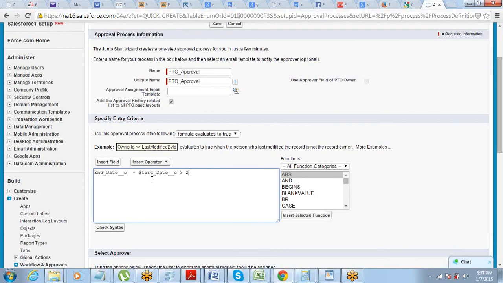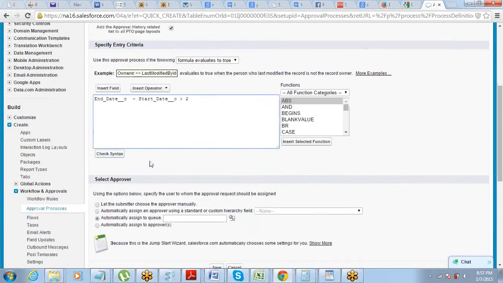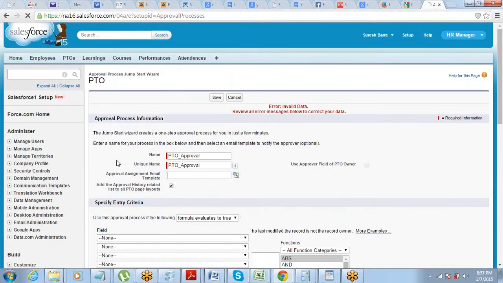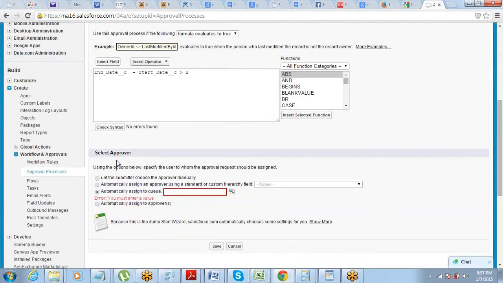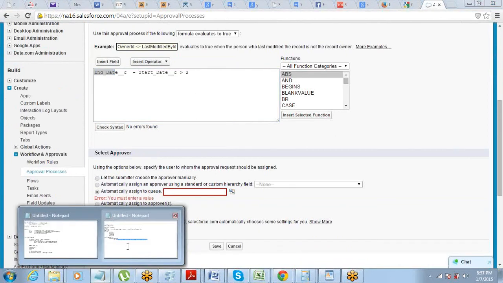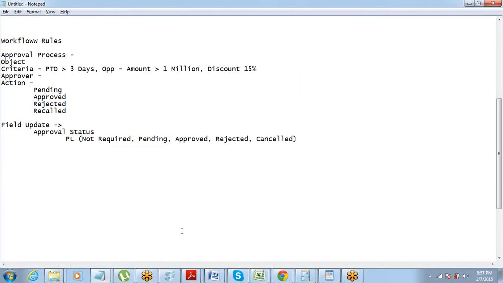So what is our condition? Condition is that end date minus start date should be less than 3, right? So you cannot put it using these filter options. You have to put a formula there. We cannot put a criteria directly. What we will do, we'll put a formula to evaluate this.